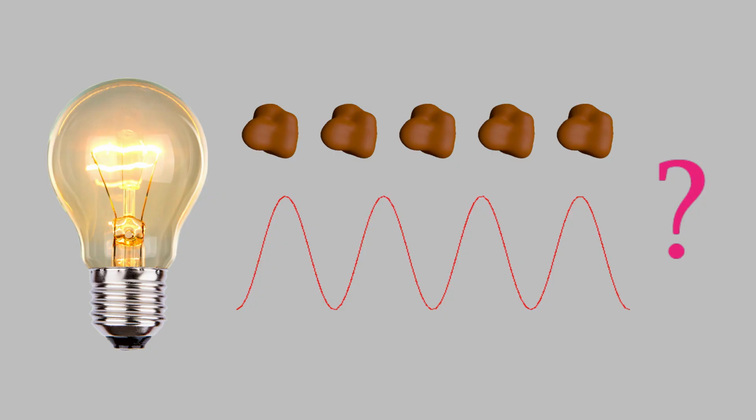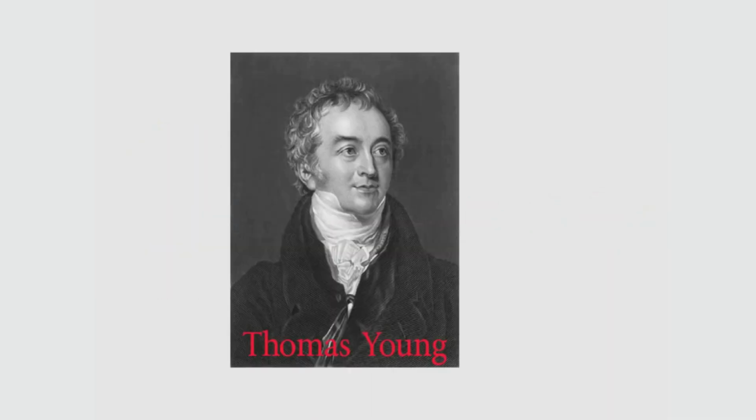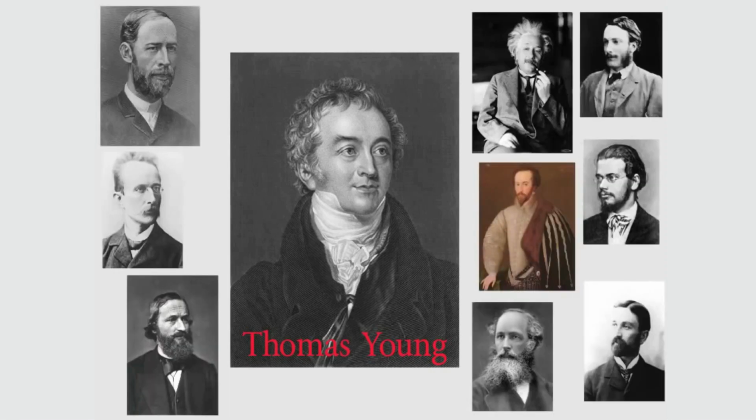So, there was evidence supporting both sides, that light is a particle and that it's a wave. In the next two videos, we'll talk about how all these experiments are resolved, but for today, we'll just talk about one of the most famous experiments that tried to solve this problem. That was done in 1803 by Thomas Young, exactly 102 years before Einstein showed that light can act like a particle. Young also has the honor of being the only scientist I've talked about so far in these videos who doesn't have a mustache or a beard, but he was a pretty bright guy anyway.